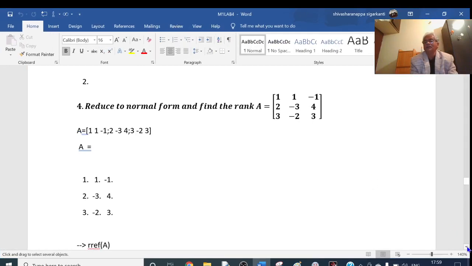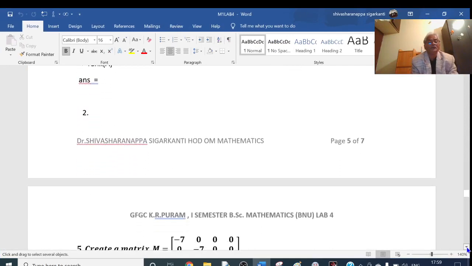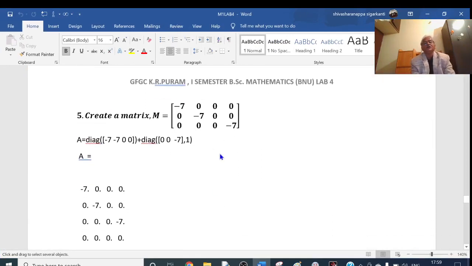Next example is create a matrix M: minus 7 0 0 0, minus 1 0 0 0 0 0 minus 7. I think in one step it may not be possible to create this matrix.